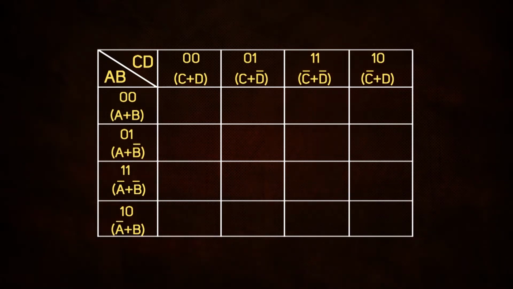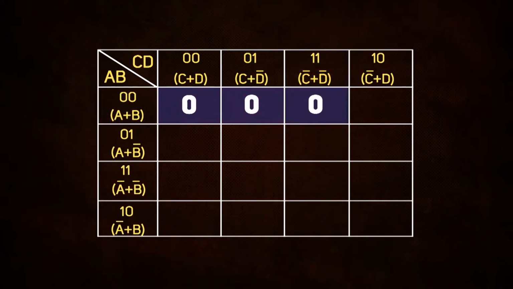Then map the given expression. Enter zeros in each cell that corresponds to each term of the product of sums expression: A plus B plus C plus D, A plus B plus C plus D complement, A plus B plus C complement plus D complement,